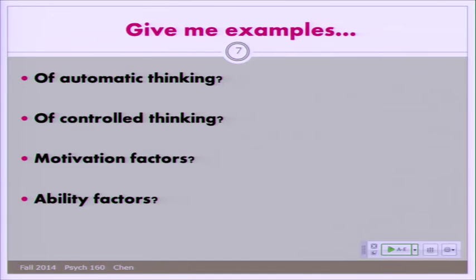You saw it, you encoded it, but you don't remember it, and you didn't consciously decide to hit the brake pedal because you're automatically thinking, automatically behaving. That's one example of an automatic type of behavior.